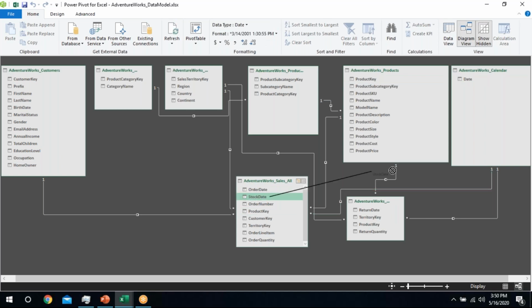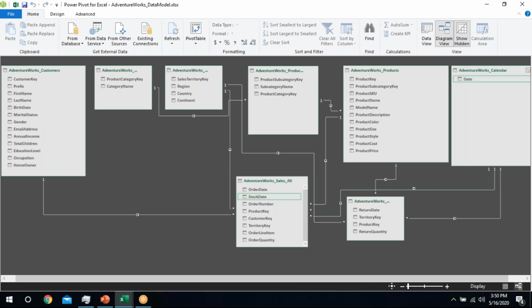If I want to connect this stock date with the date, it creates a relationship with a dotted line. A dotted line represents that this relationship is inactive. How can we check?